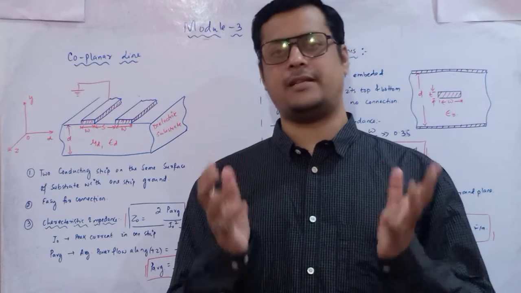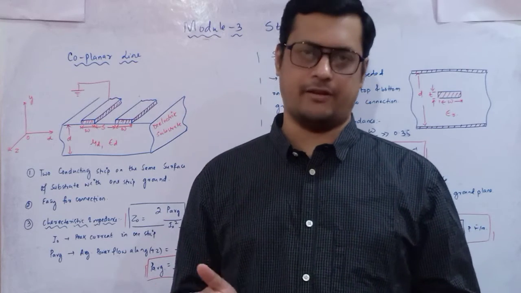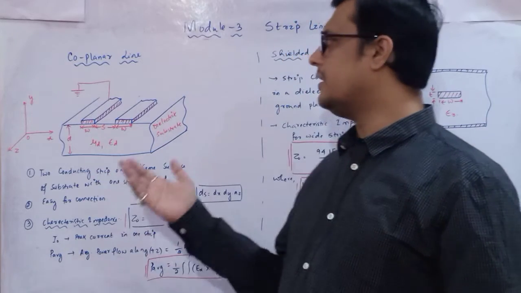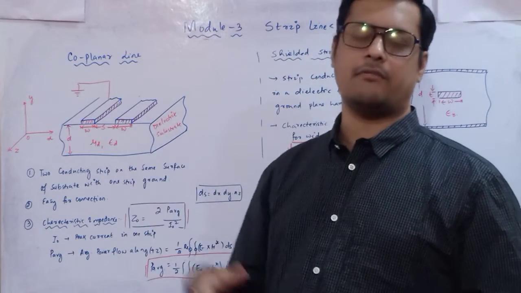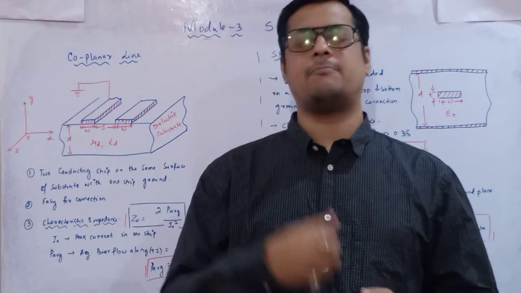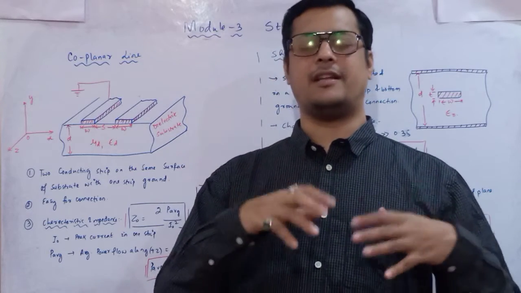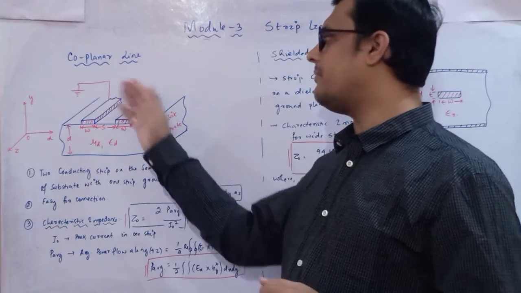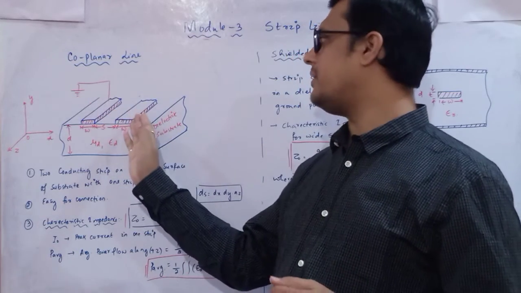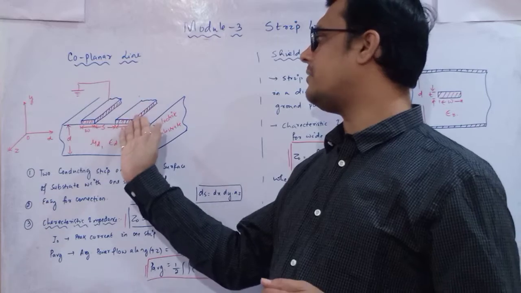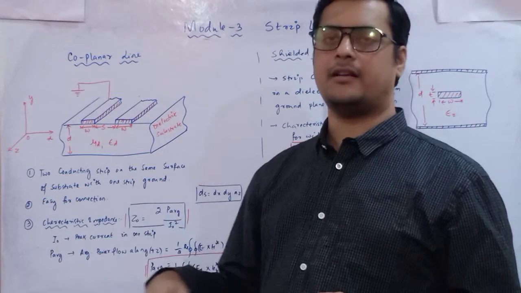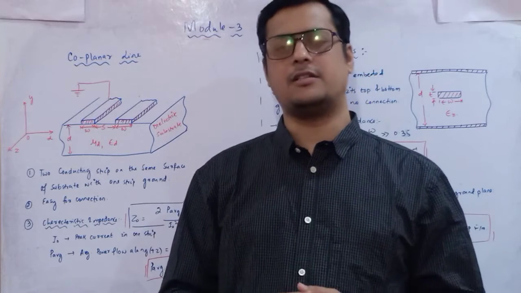So these are the two basic things. Only the cross section differs. If the cross section differs, it is easy to connect. Here you can see that one of the plates is grounded and one of the plates is provided with a positive potential, so that whatever electric field or magnetic field is generated, it will be above this substrate. Between these, this is positive, this is negative, so the electric field can terminate from here to this particular plate. Similarly, the magnetic field can also be generated.